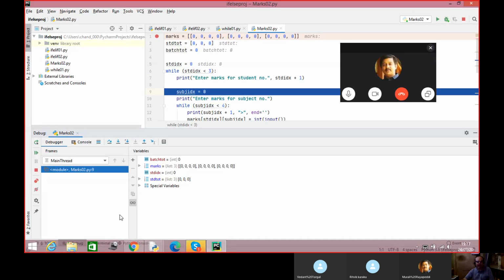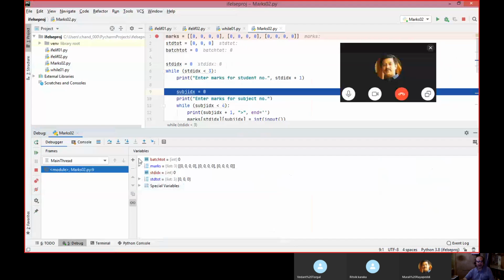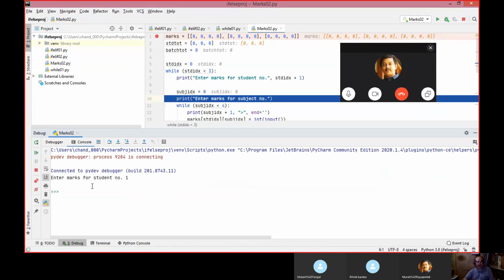If we go to the console, don't type anything now. Don't disturb me. Okay. Python console. I will go to the console. Subject index 0.